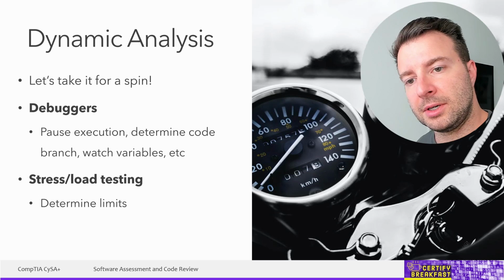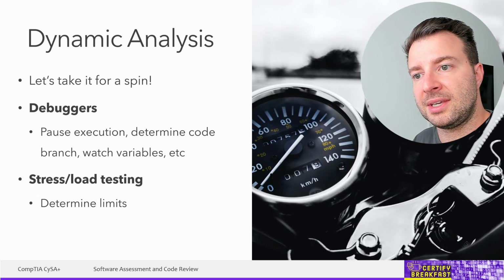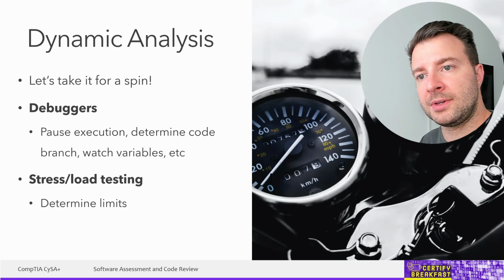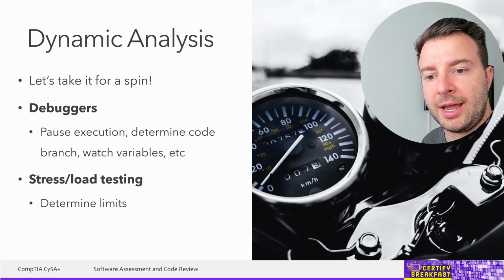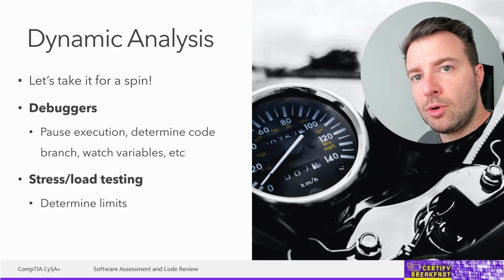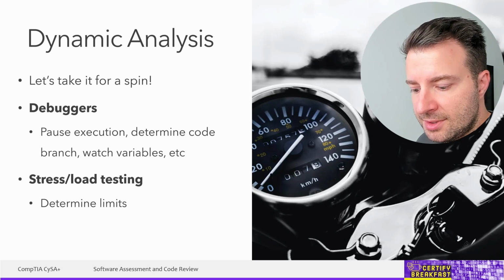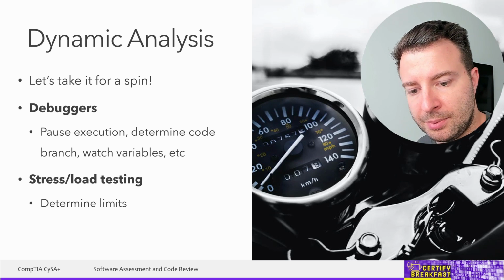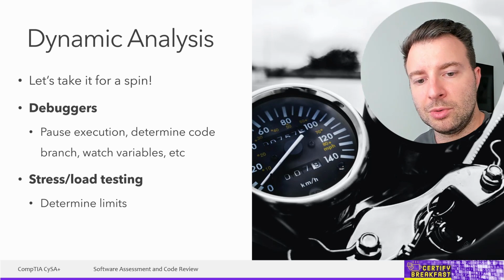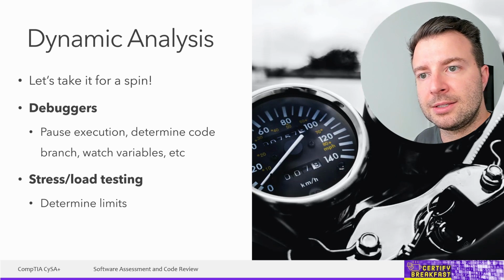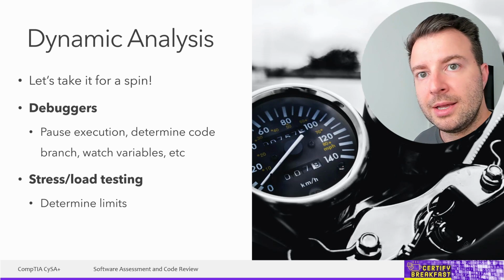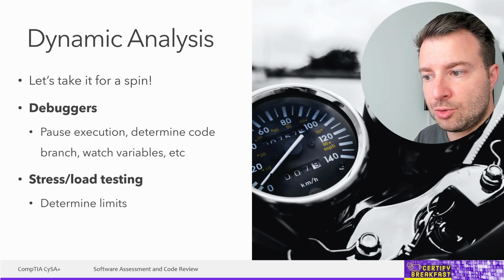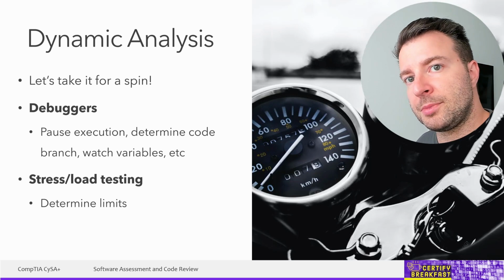If the performance decreases, when does it decrease? If there's a point when the application actually crashes, or there's a specific point where the application starts to lose functionality, perhaps by not being able to process all that input in a timely manner. Now, this is very relevant not only from a performance perspective, because you're going to have to fill in some data sheets perhaps and tell your customers that these are the minimum or the recommended requirements for your application. This is also something that you get from stress testing or load testing,